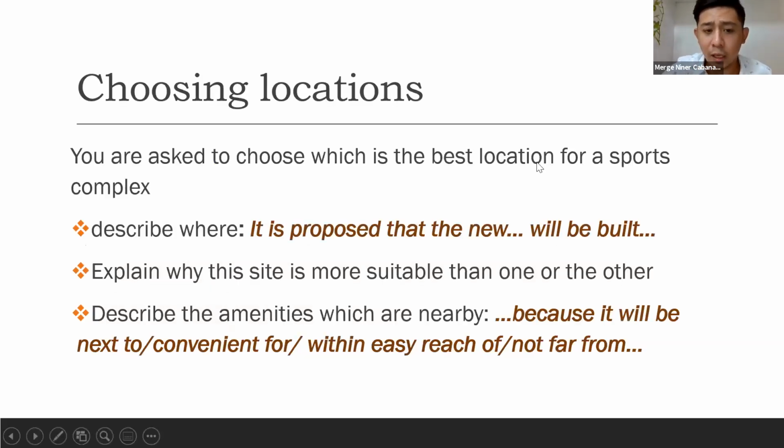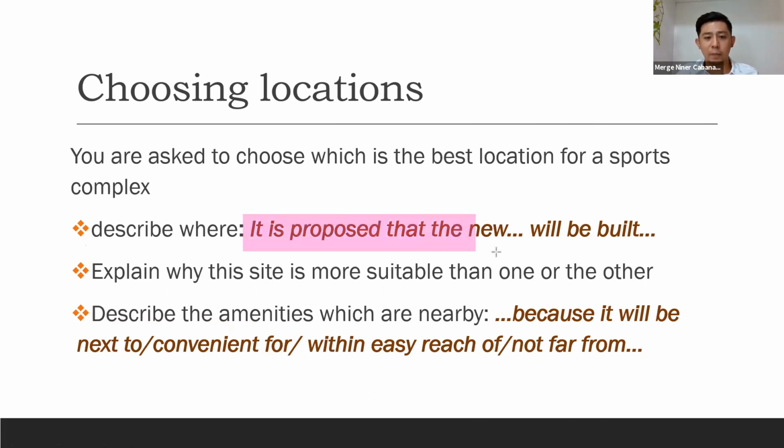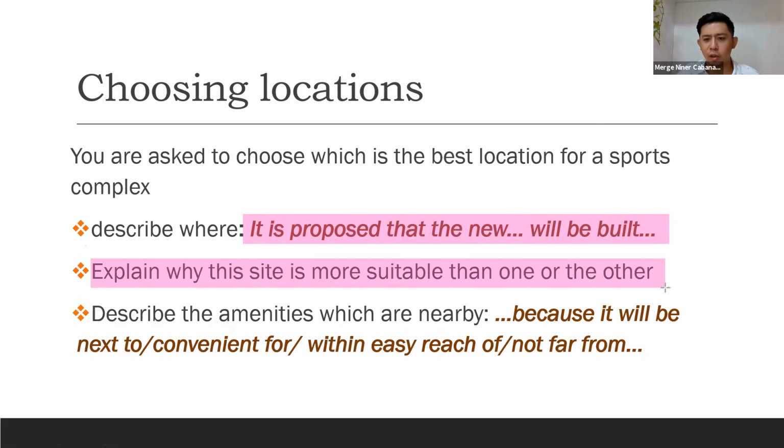Another, choosing locations. You are asked to choose which is the best location for a sports complex. Okay, describe. It is proposed that the new sports complex will be built. For example, it is proposed that the new housing estate will be built on the northwestern side of Cabanatuan City. And explain, why do you think this site is more suitable than the others? And then describe the amenities which are nearby. Example,